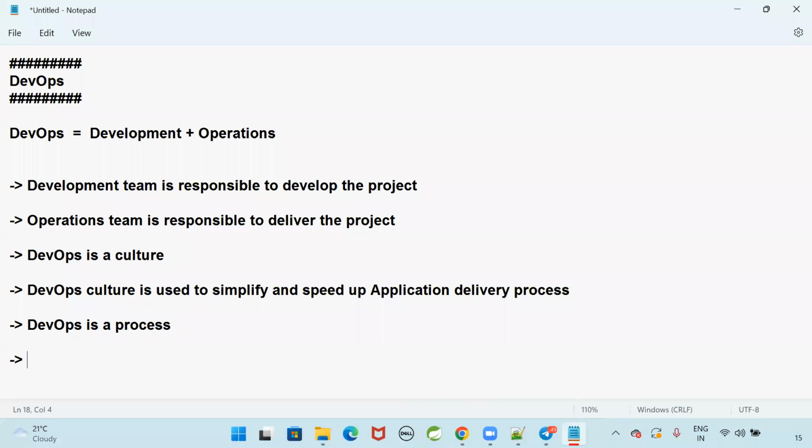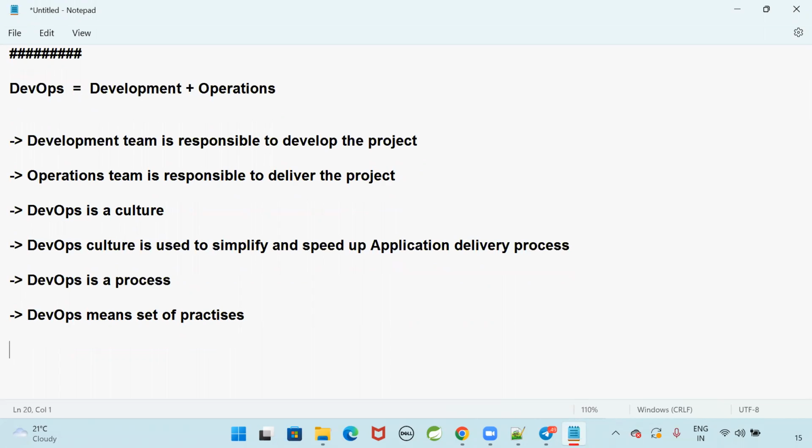DevOps means a set of practices. We follow this set of practices to simplify the application delivery process to the client. Using these DevOps practices, we can simplify, automate, and speed up application delivery.